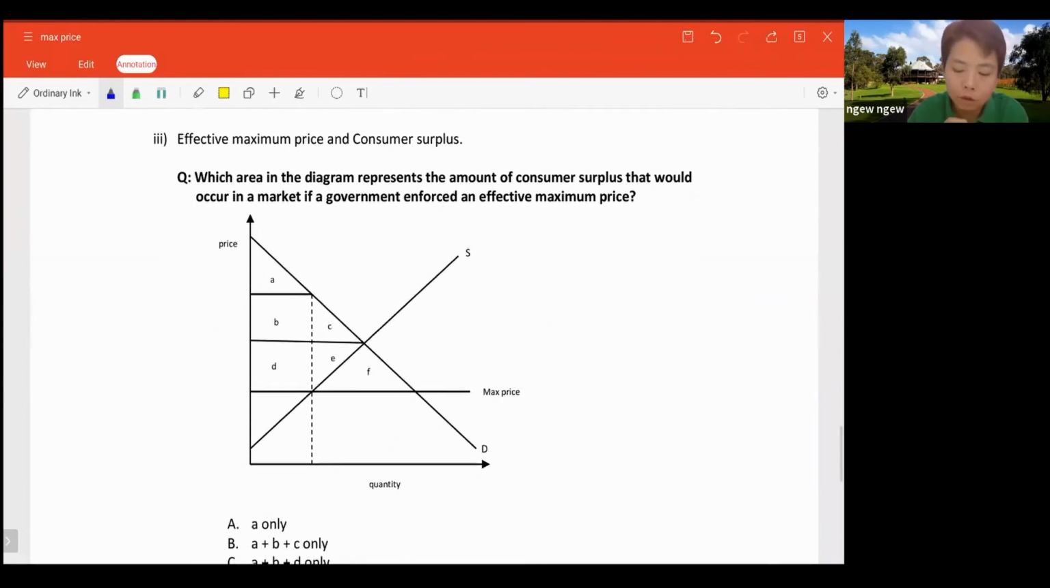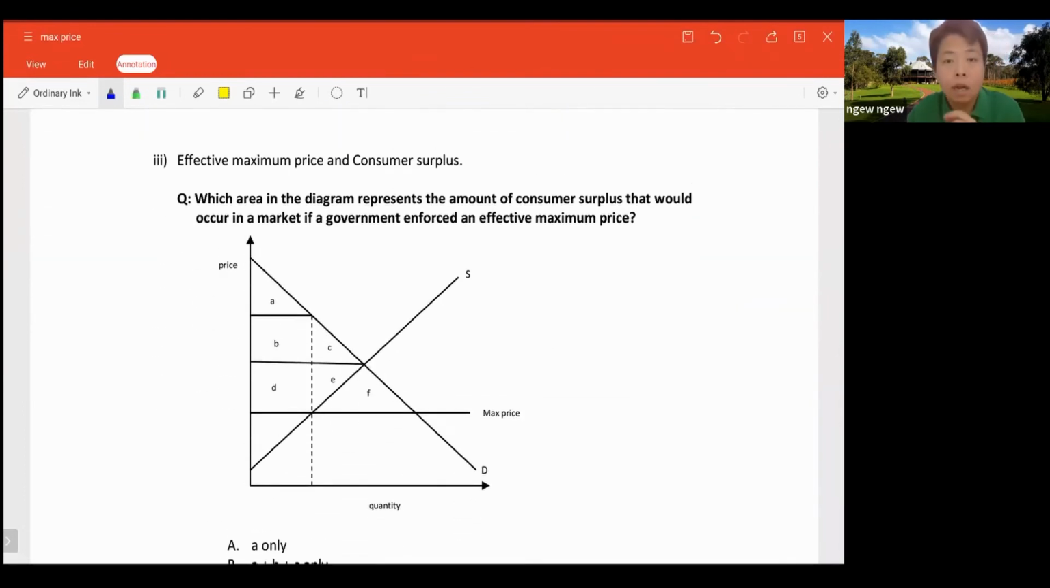Okay, the last trait will involve maximum price and consumer surplus. So now, let's look at what is meant by consumer surplus. Let's revise a little bit. Each time when you look at consumer surplus, you need to place all the knowledge that you